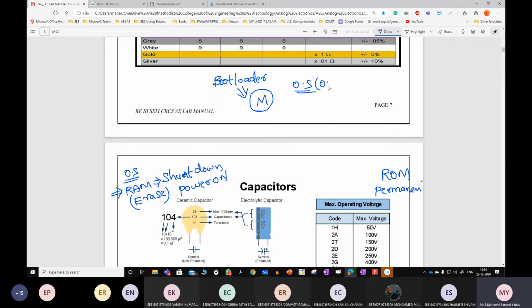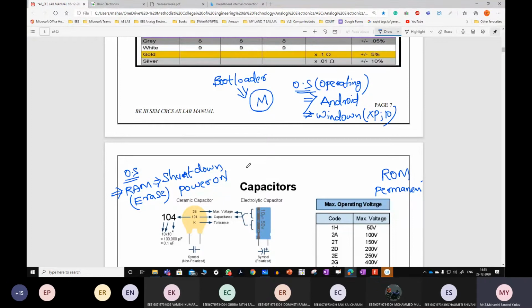OS stands for operating system. In your mobiles, you are using the Android operating system. In a computer, generally Windows, Linux, and so on, like XP, 10. This is the main difference between ROM and RAM.